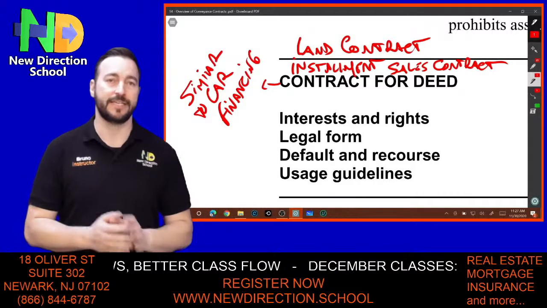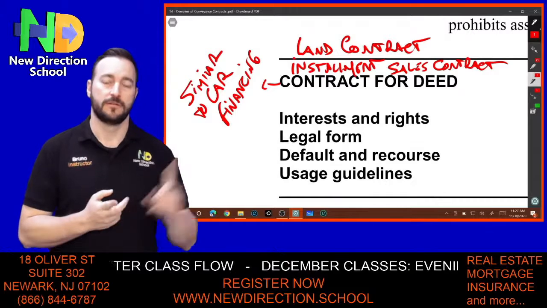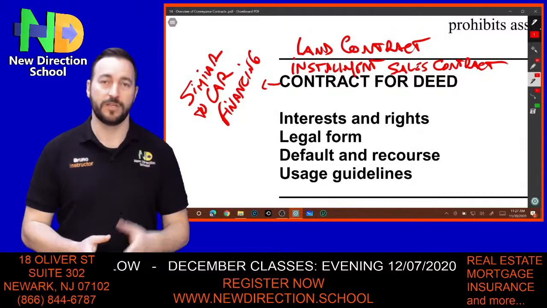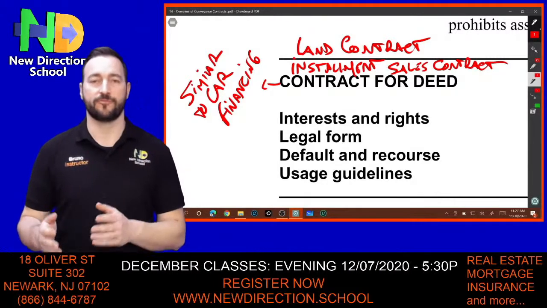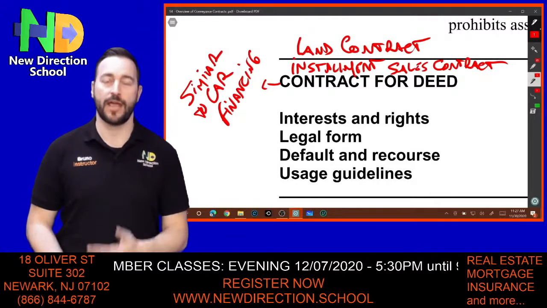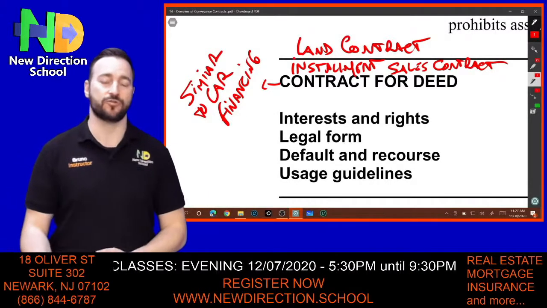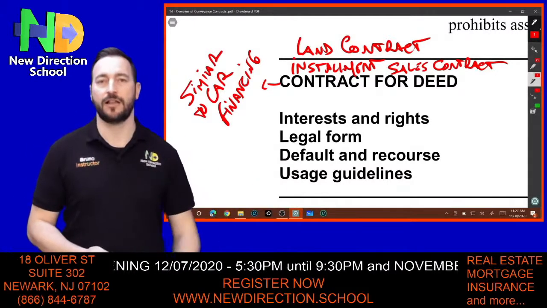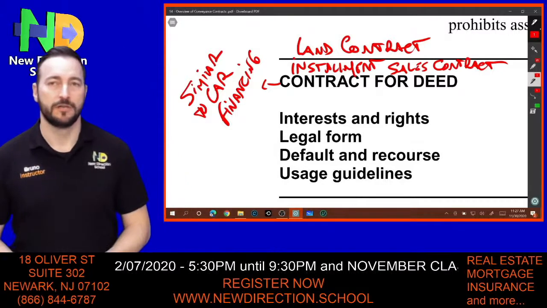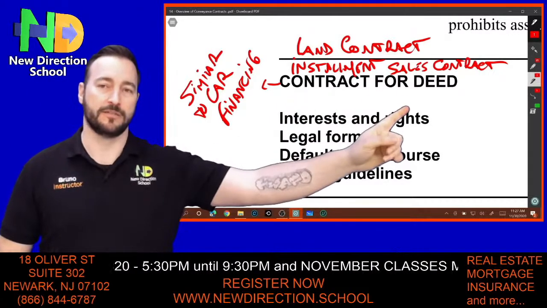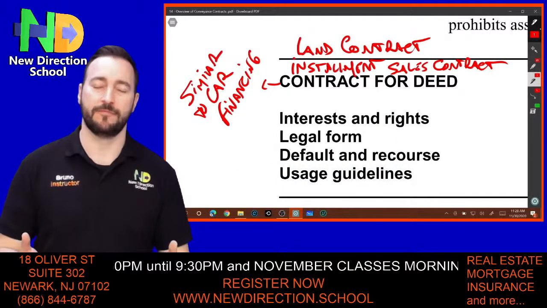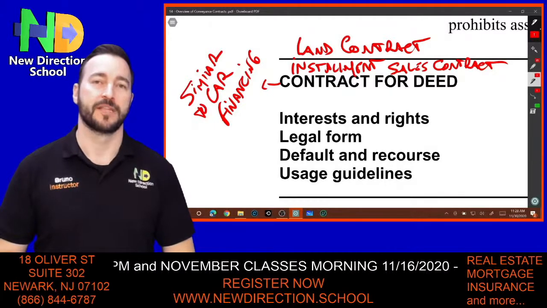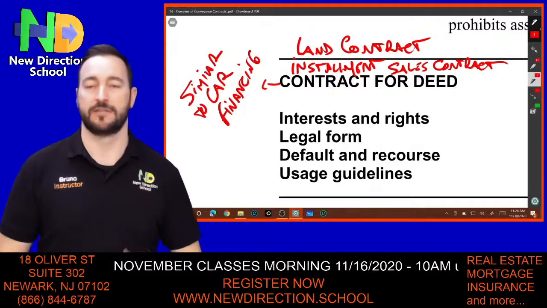Over the next 30 years or 15 years or whatever term we decided, the buyer pays principal and interest. The key difference between a lease option and a contract for deed is that a lease option is a rental with an option to buy, whereas in a contract for deed, financing is created between the buyer and the seller, so there's interest involved. Over the years, you pay, and then the seller releases the deed to the buyer. That's why it's a contract for deed. It's almost like a layaway, but they let you live in, use, occupy and maintain the property. They only give you the deed or title later on.